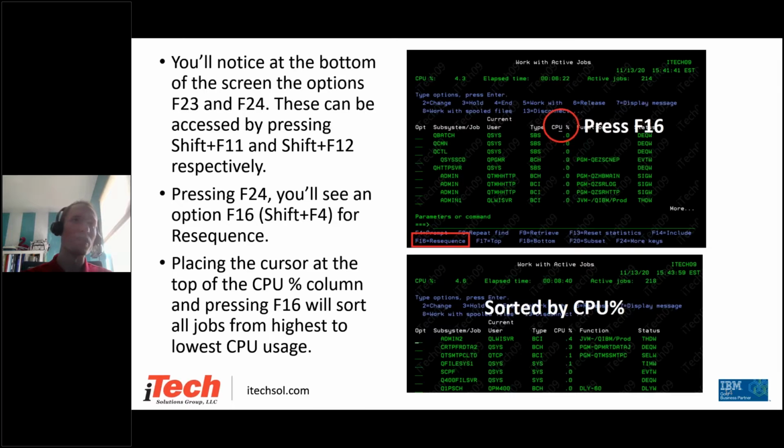If you Shift F2, you're going to get an F14. And so these extra options that you have on the screen with F23 and F24, you'll access them with Shift F11 and Shift F12 respectively. Pressing F24, you'll see an option F16 for